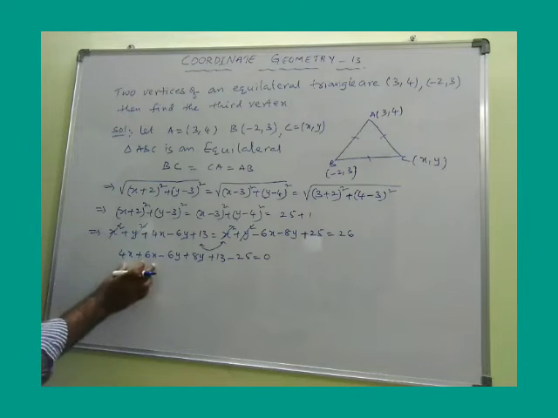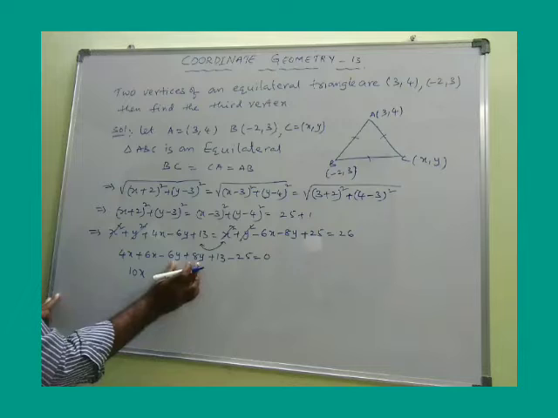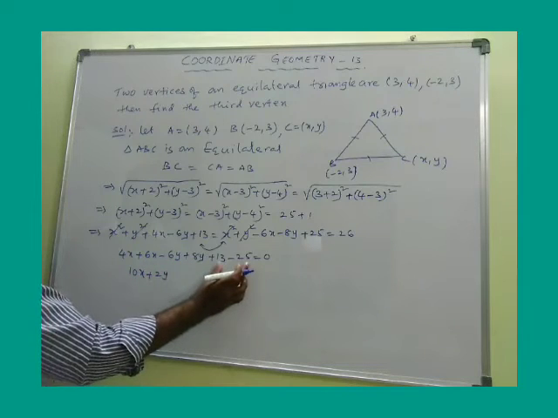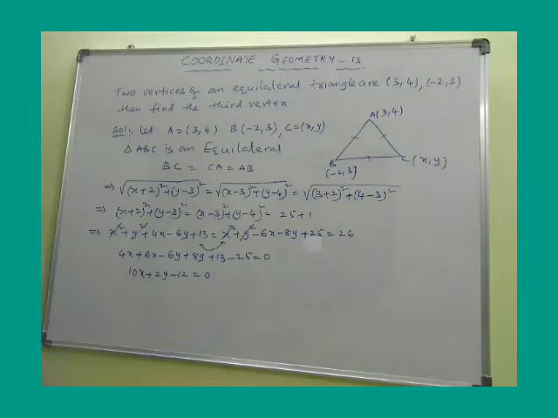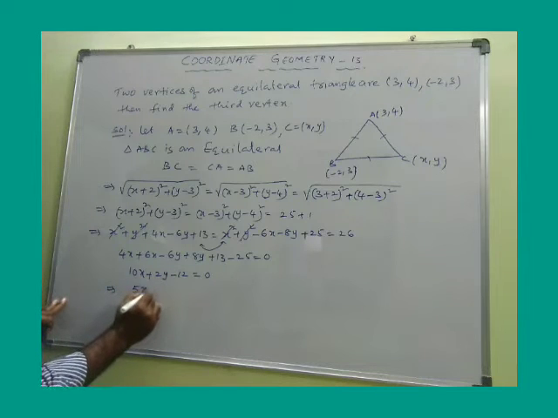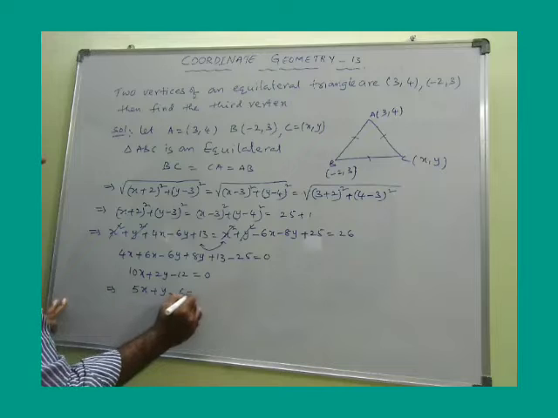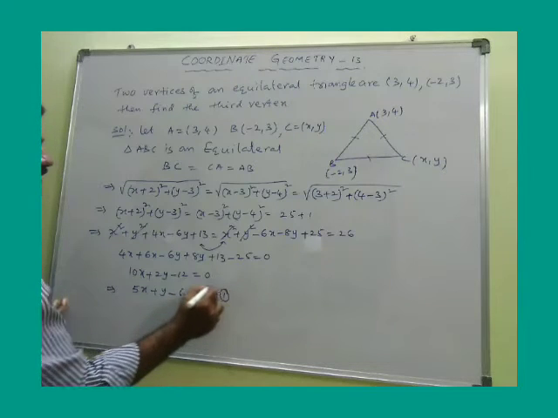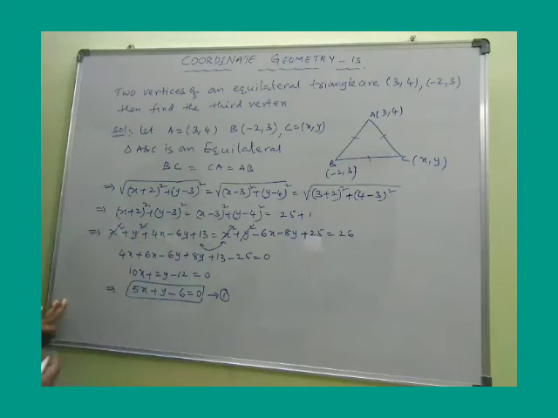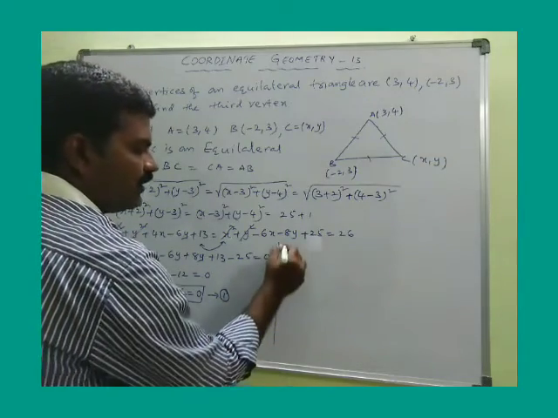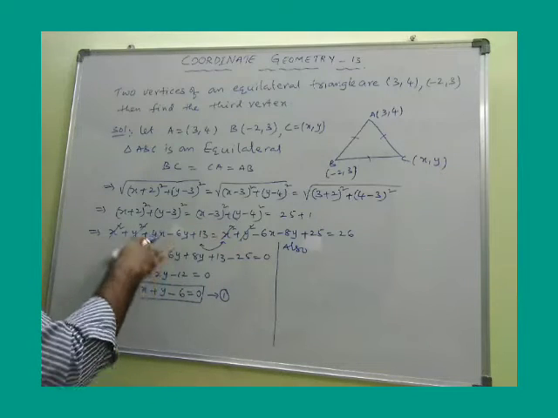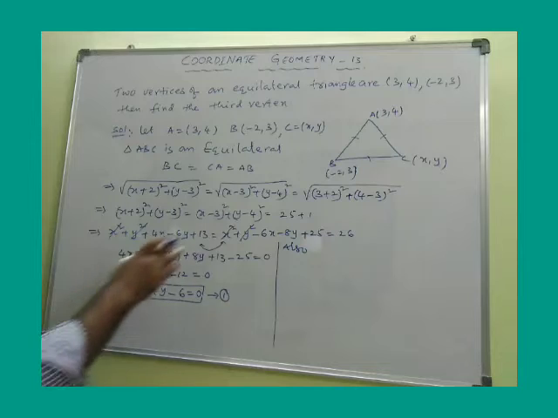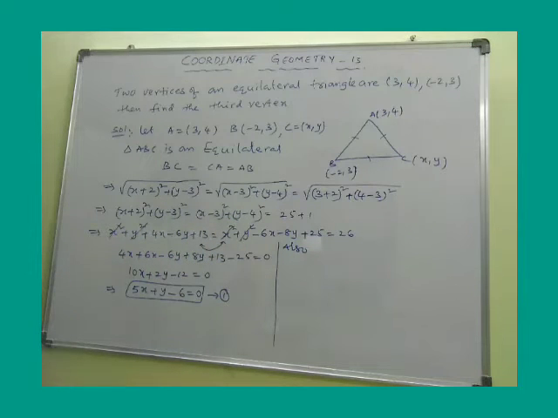Okay, 4x plus 6x, which is 10x, and this is 2y, and finally from this minus 12 is equal to 0. I think you can still divide by 2 on all sides, then 5x plus y minus 6 is equal to 0. Say equation number 1. Okay, so earlier we equated these two, no? Now you can equate first and last, or second and third, you can equate it.